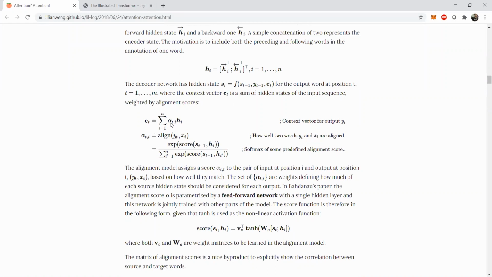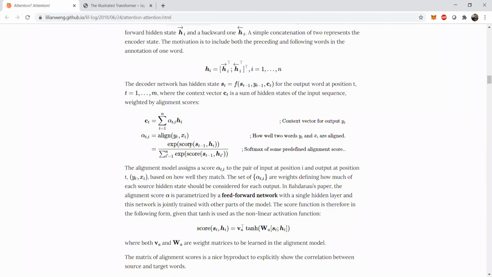Now this C_t is given by the summation of alpha_t times H_t, where alpha_t denotes the weights and H_t denotes the hidden states of all the individual LSTM or RNN cells inside a particular encoder. So alpha denotes the weights multiplied by the corresponding LSTM cell hidden output of the encoder. And then we want to align. Align means we are effectively trying to apply a softmax activation on it. So this formulation that we see is a softmax activation.